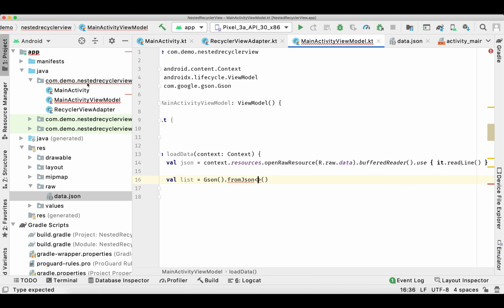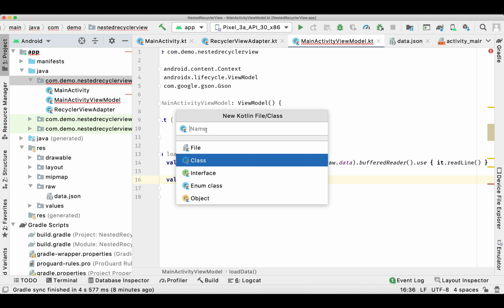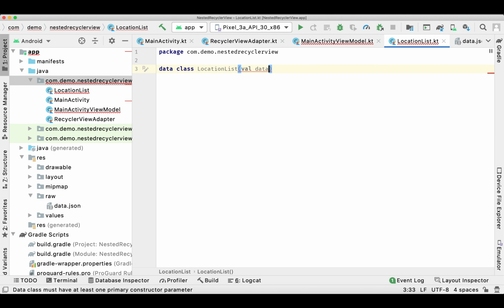Here we need a data class to pass. So let's create a data class now. I'm giving it the name location list. And this class can hold a list of some data type. So in JSON, data is the array, so that's why I'm keeping the same name as data.